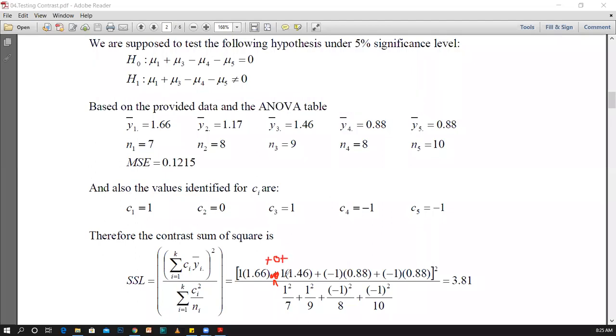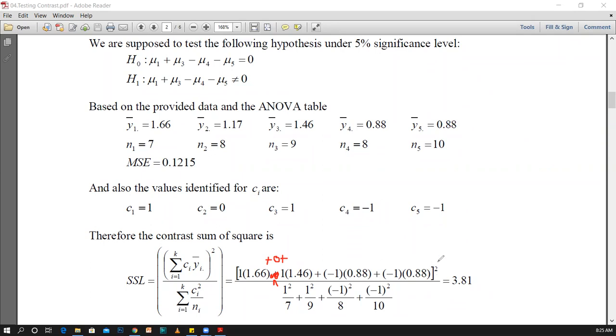Plus the third value is 1, mean is 1.46, then plus the fourth coefficient C4 value is -1 into 0.88, plus again the fifth coefficient -1 into 0.88,